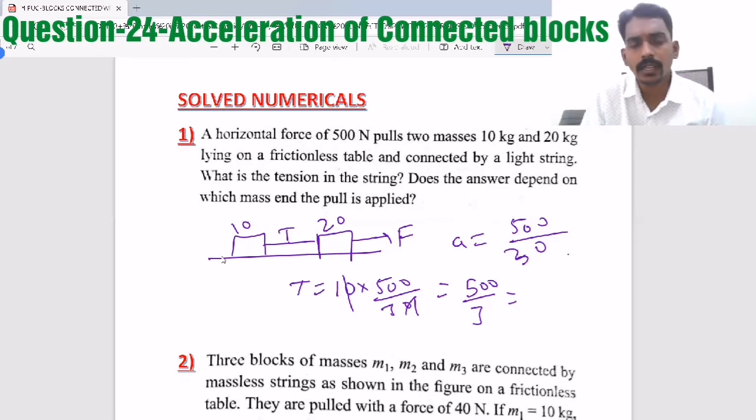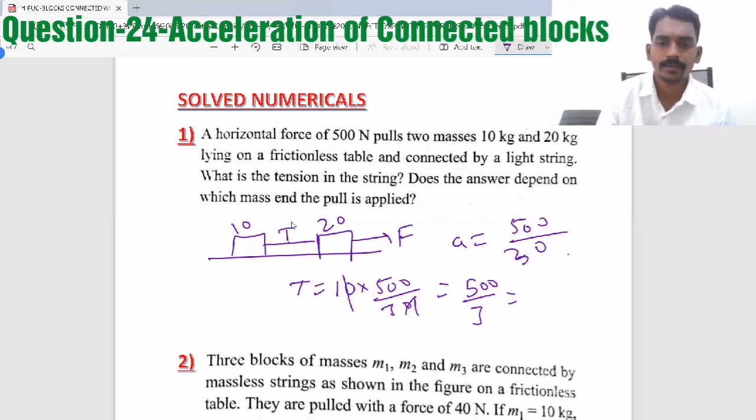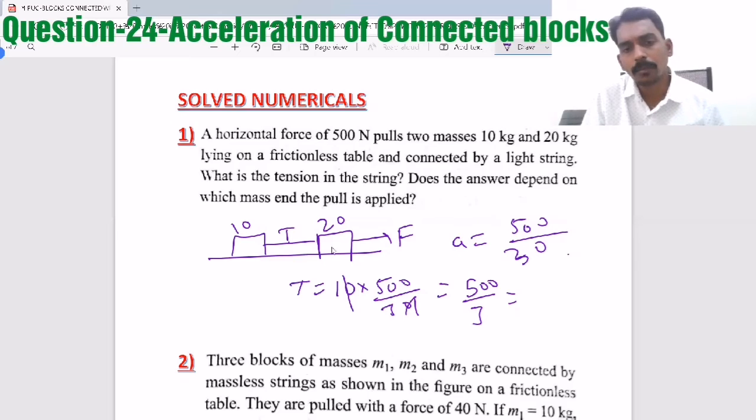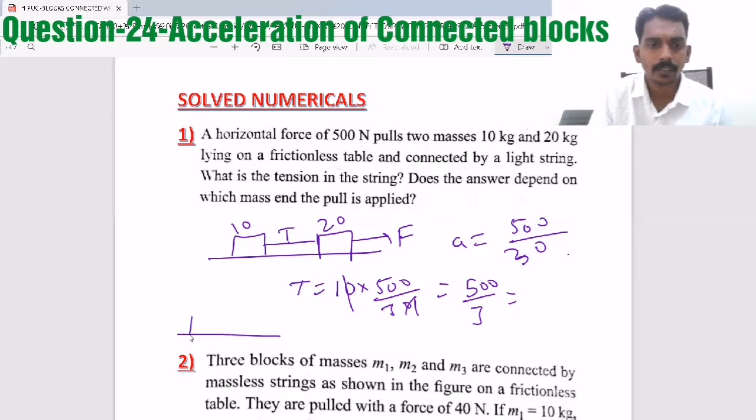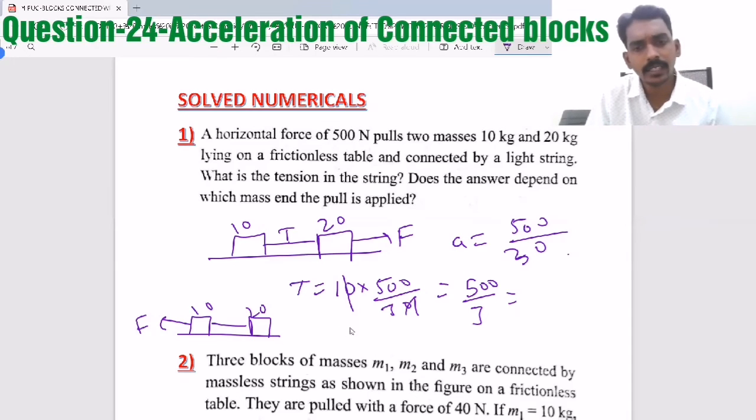So this way you can understand the question and find the answer based on whatever we have discussed. Now, does the answer depend on which mass end the pull is applied? Suppose we apply the force on the 10 kg. Now reverse: this is 20, this is 10, and this is the force. Now the acceleration is the same, but now the tension is